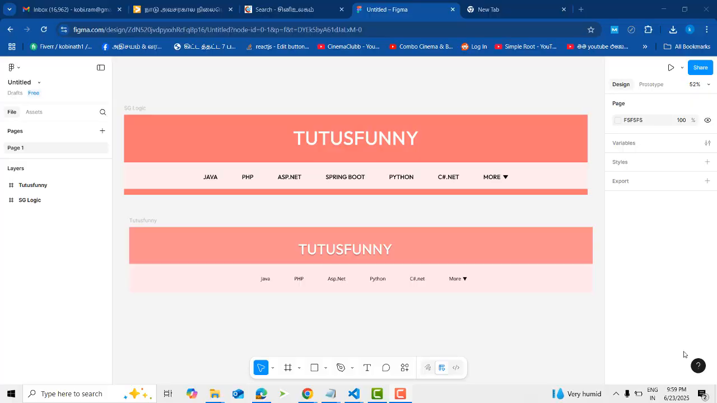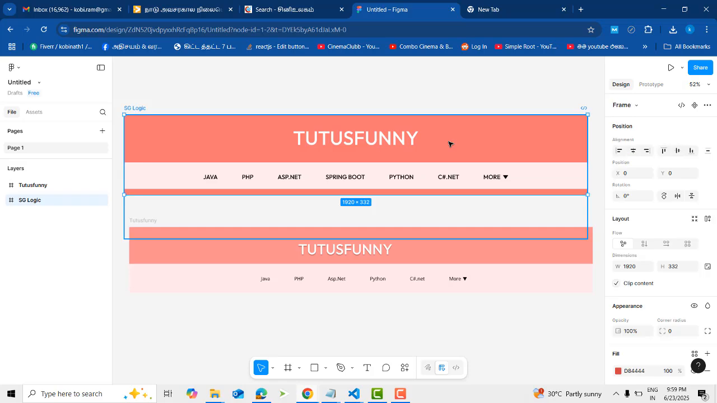This is the front-end development step-by-step tutorial. This is the very best tutorial for those who want to learn front-end development. You can see this is a site. I have made this template in Figma, and I'm going to convert this template into Tailwind CSS. In my last video I explained how to convert this into